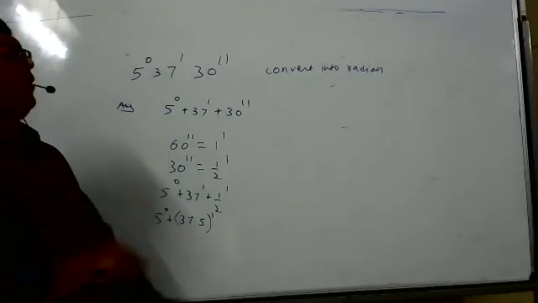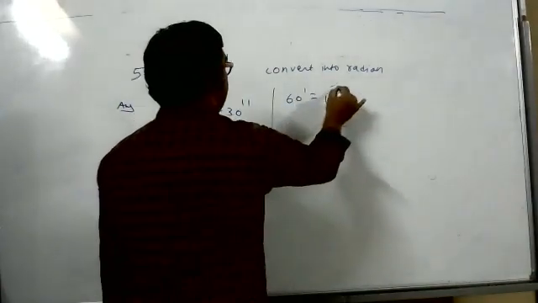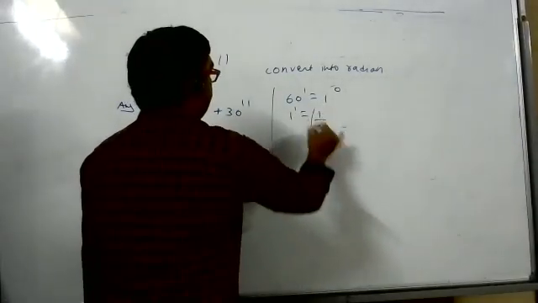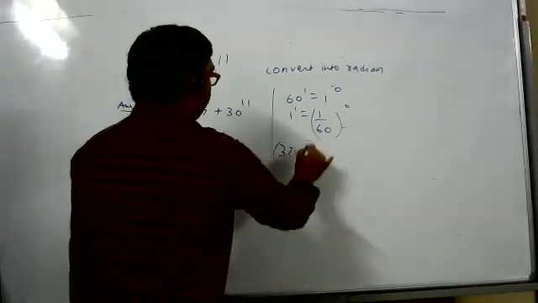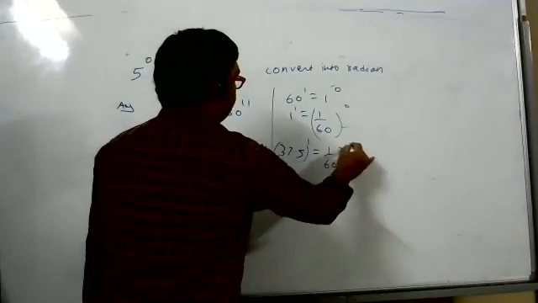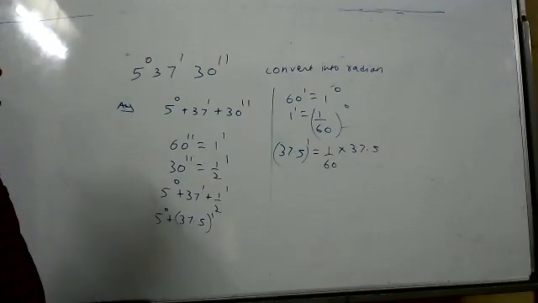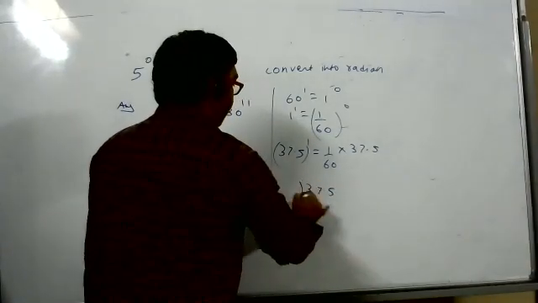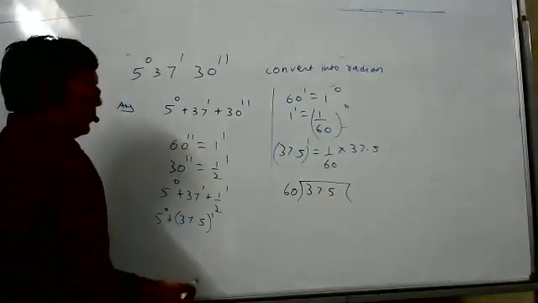Now this minute we will convert into degree. So the relation is what? 60 minute is equal to 1 degree. So 1 minute is equal to 1 by 60 degree. So now 37.5 minute is equal to, all is about calculation. Everything is calculation. How much degree will you get? Divide it. Nothing else we can do. Here we need decimal only. 37.5 divided by 60, so put a decimal here.